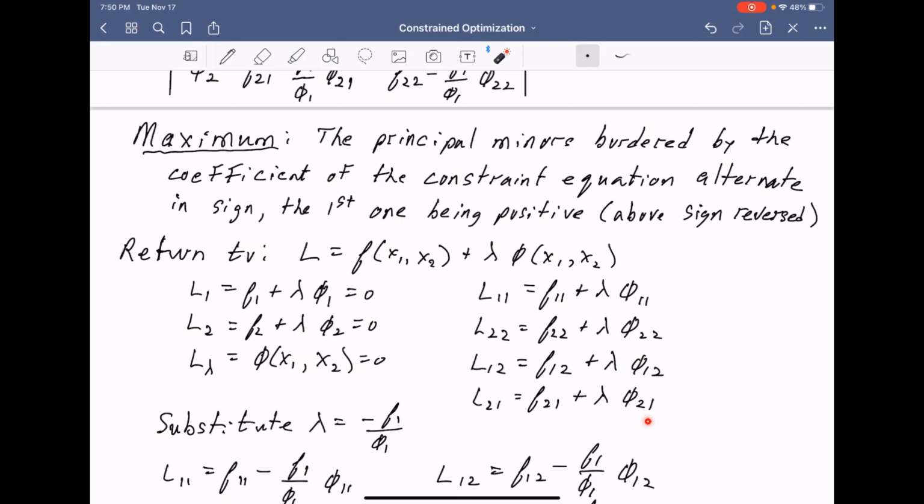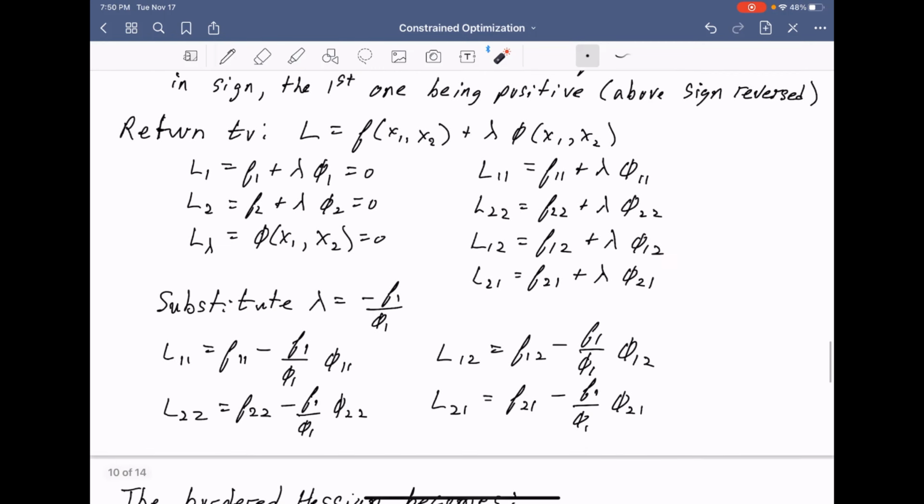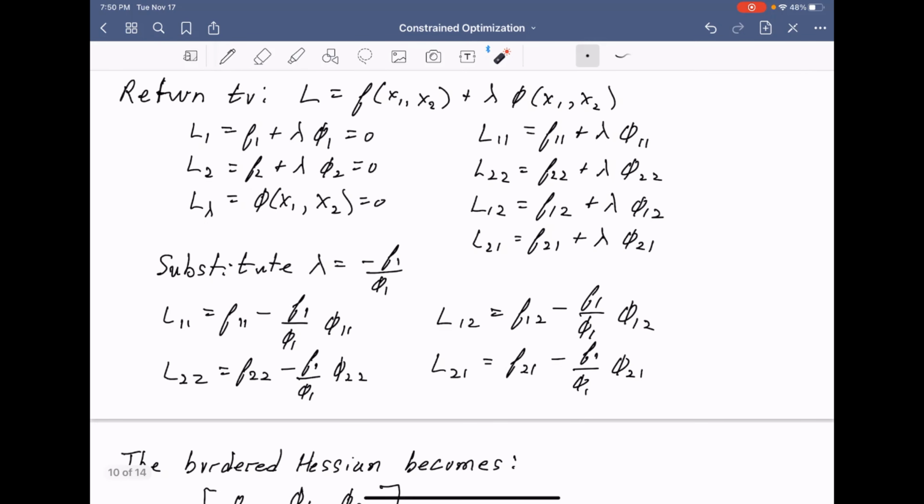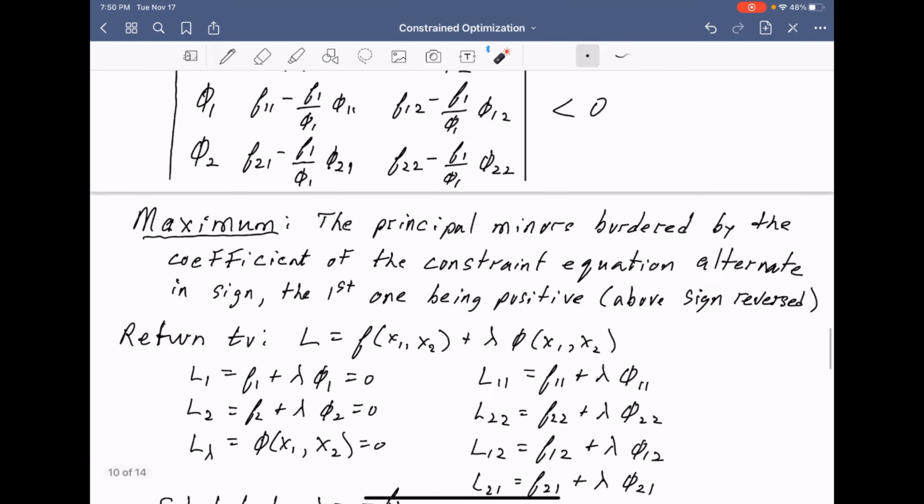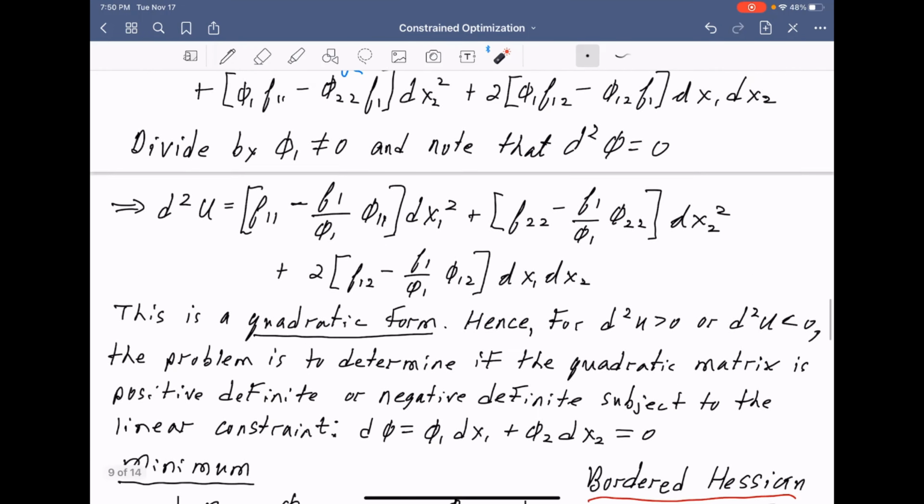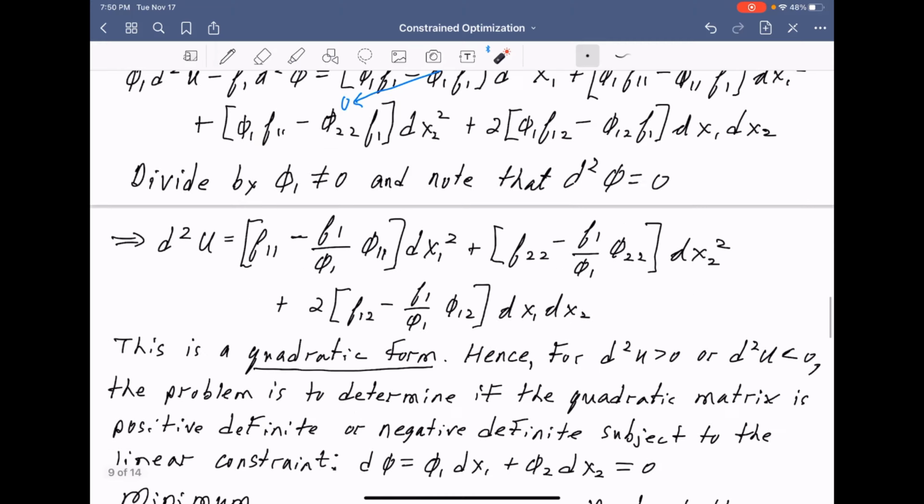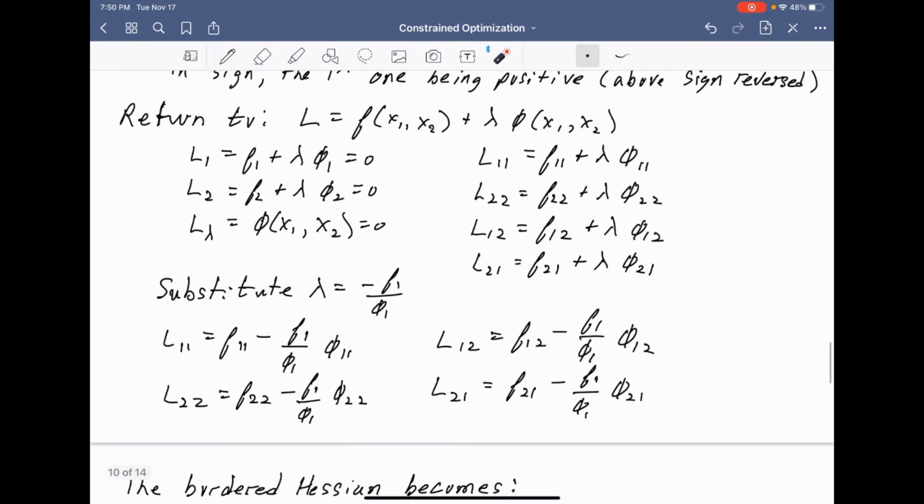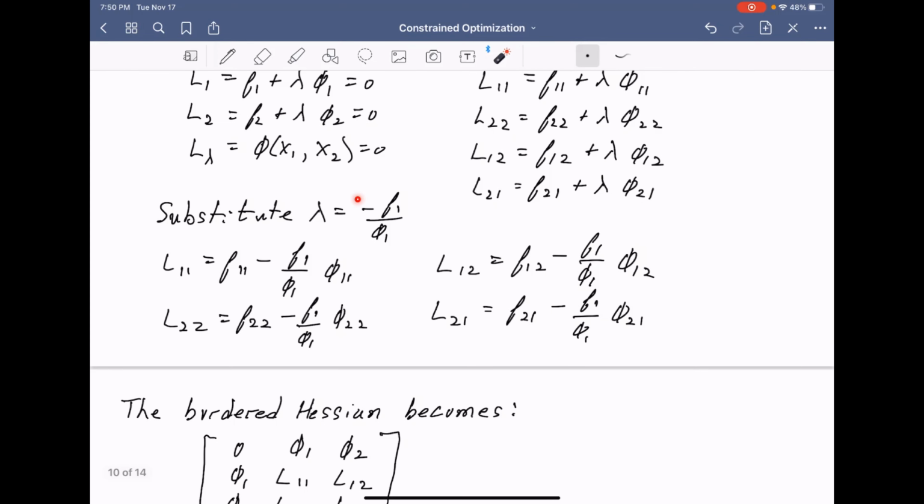and we do the same thing here. Now these two actually are the same because F12 is equal to F21 and Phi12 is equal to Phi21. So now what we're going to do is substitute this result, which we obtained above. Let's see if I can find that. Well, it's too far above, but you can go back on your own. We're going to substitute this result into these here and these. And we're going to get